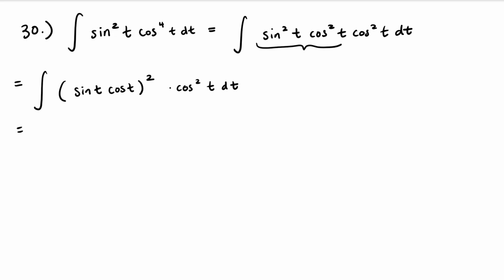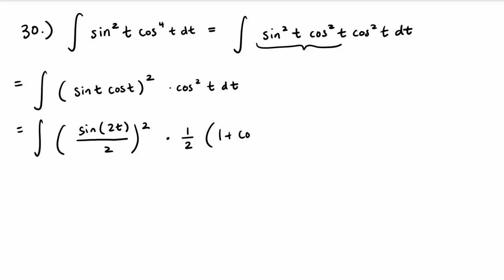From here, what I can do is rewrite the thing inside of the parentheses using the double angle identity for sine. So we would get this quantity, and then cosine squared t I'm going to rewrite using the power lowering identity. So this is going to be times 1/2 times 1 plus cosine of 2t, and then we have dt at the end. Now, if I square this thing,